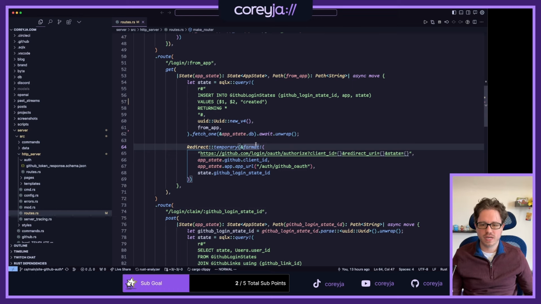Okay, so back to this OAuth dance, though. We insert this row just to track the state. It has an ID that we generate, and we redirect to GitHub for their OAuth. We send our client ID, which is a GitHub app client ID that I have set up, and we send the redirect URI, which is going to hit auth GitHub OAuth at our